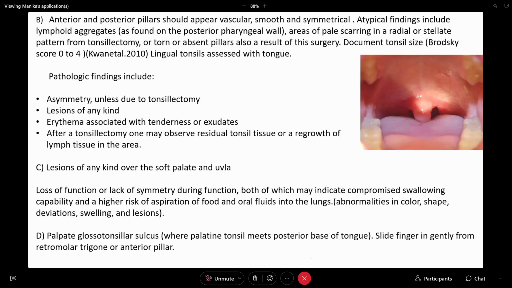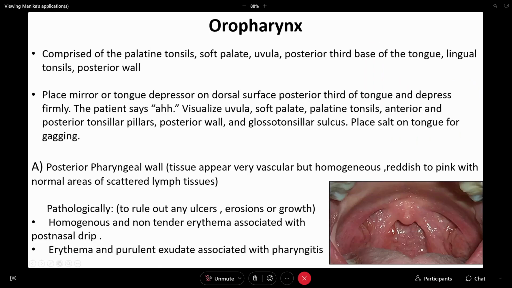Then coming to the anterior and the posterior pillars of the tonsil, which should appear vascular and symmetrical. And atypical findings include lymphoid aggregates as found on the posterior pharyngeal wall, and areas of pale scarring. So this is the anterior,